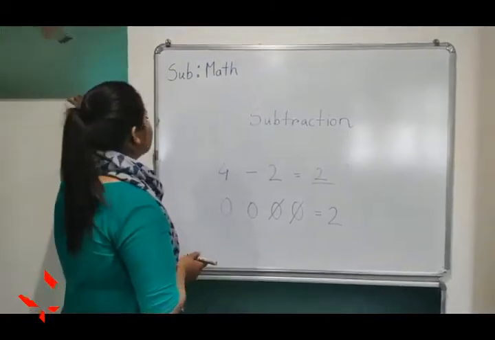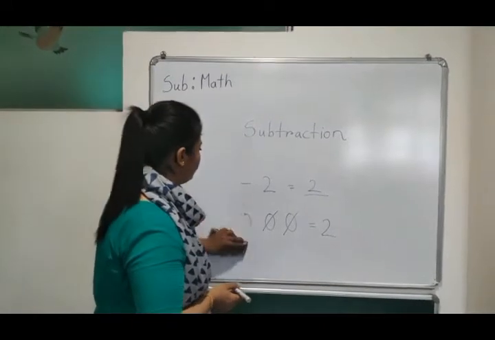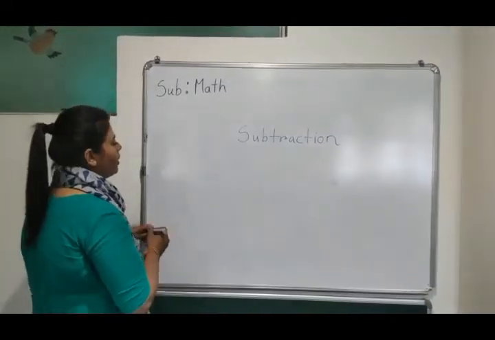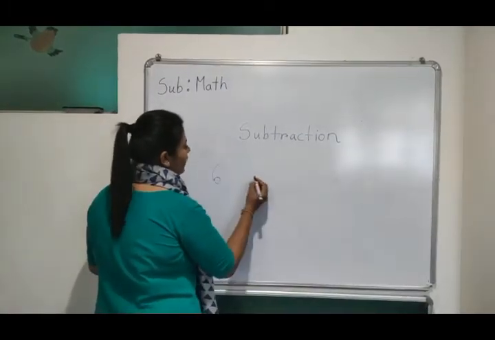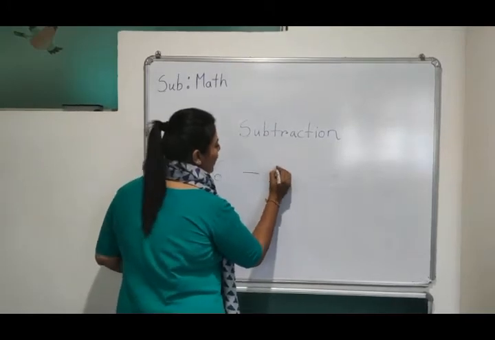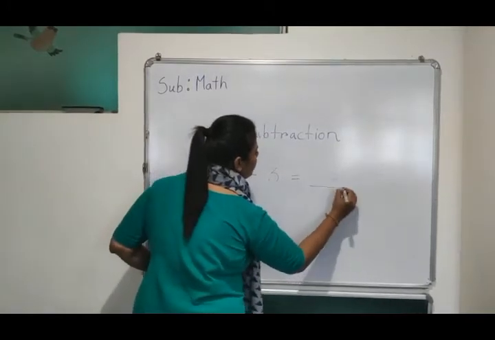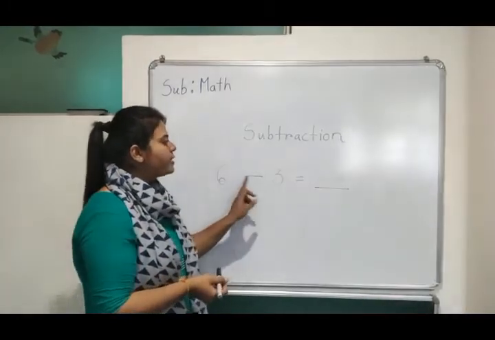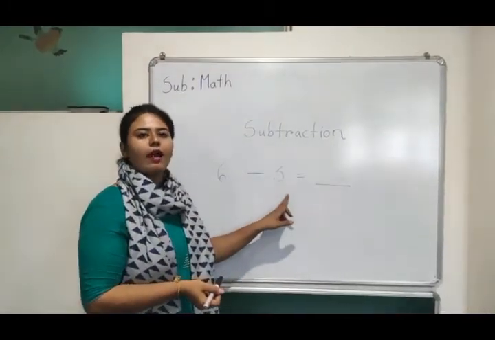Now we will see another example. And this sign shows subtraction. 6 minus 3. We can call this minus. Okay. So 6 minus 3. So I will count first